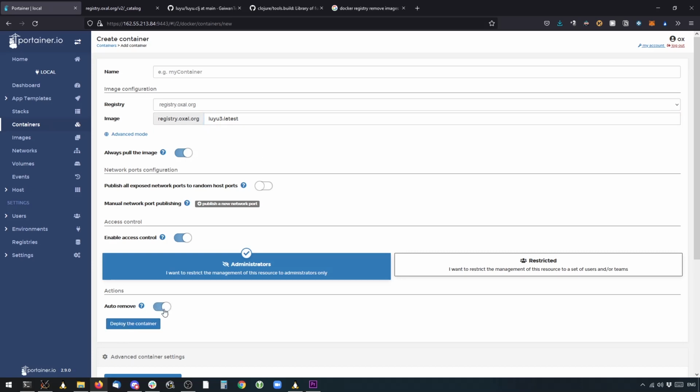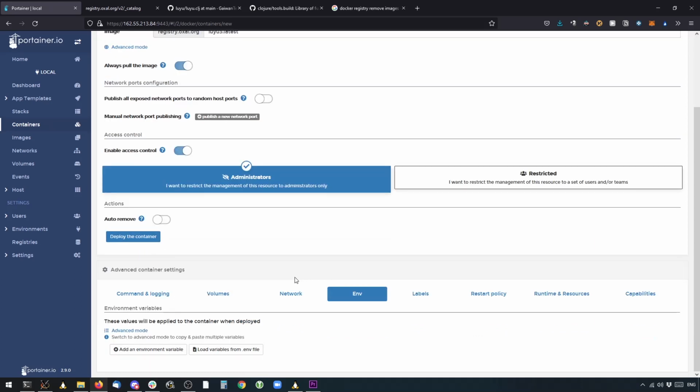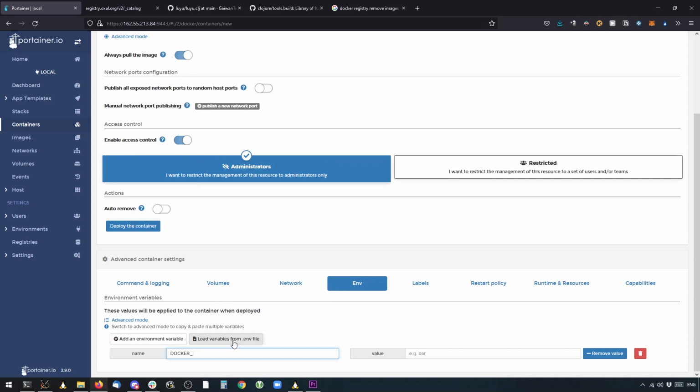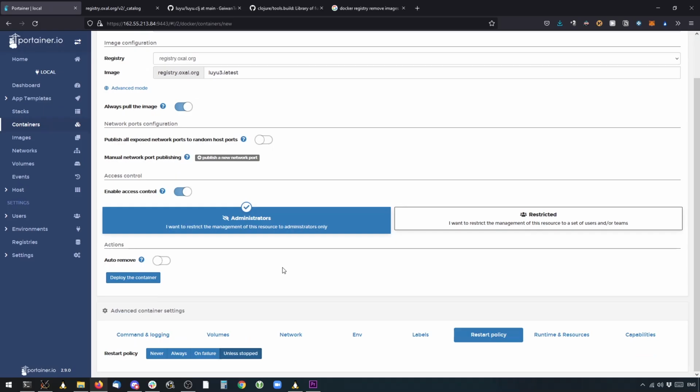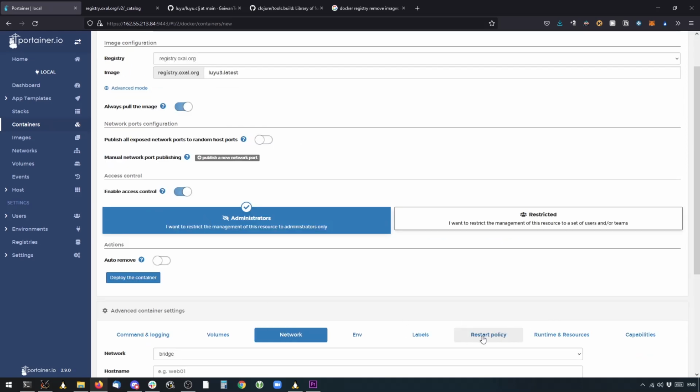Let's just auto remove for the time being. Or maybe you know what? Let's add a restart policy of unless stopped and let's not auto remove this. But one thing we'll have to add is an environment variable. So let's do that. Let's add an env, let's say Discord bot token, and let me add the secret here. I won't show that to you. So let me just add it quickly and I'll be back. Okay, so I've added the environment variable and everything else seems to be fine.